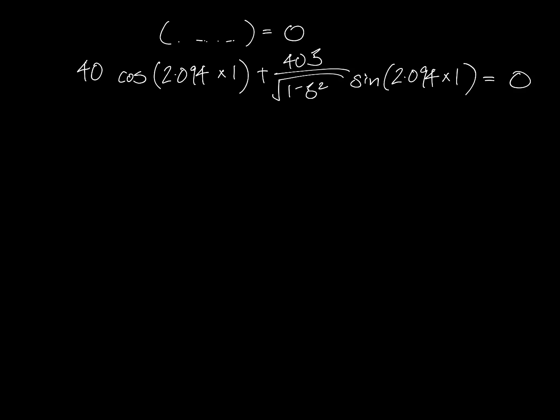And we're going to solve for zeta now. So if we were to divide by 40, we will get cosine 2.094 times 1, and bring the next term to the right hand side, is equals to minus zeta over root 1 minus zeta square sine